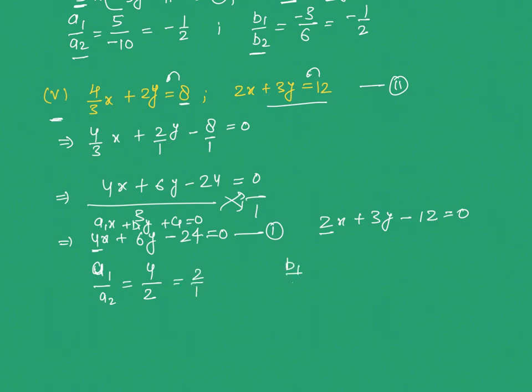And if we say B1 by B2, so B1 is 6, B2 is 3, so it will become 2 by 1. And now we can see A1 by A2 equals B1 upon B2. So these two equations are not going to be consistent, not consistent. So this is all about your question number 3. Now let's attempt question number